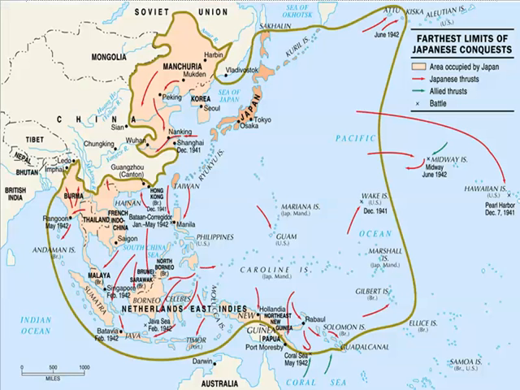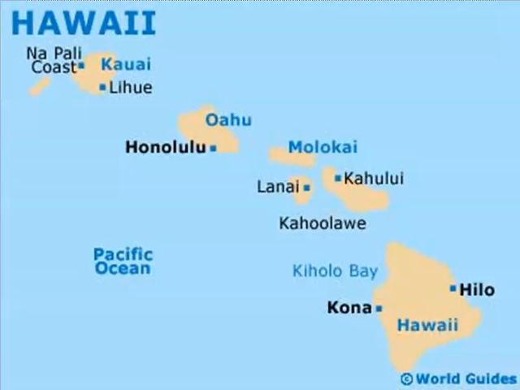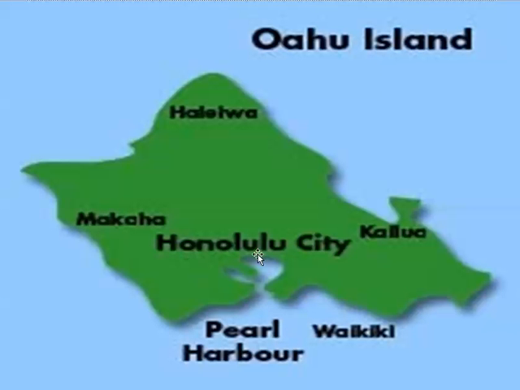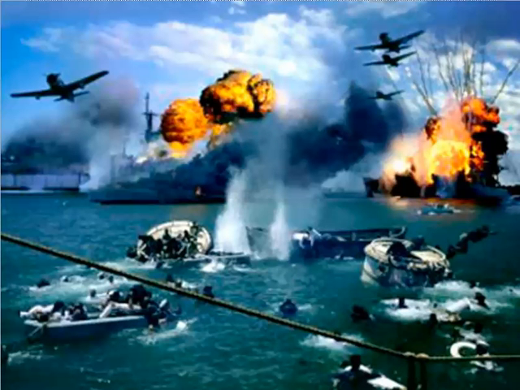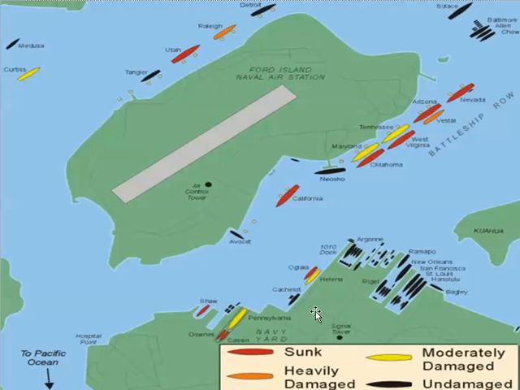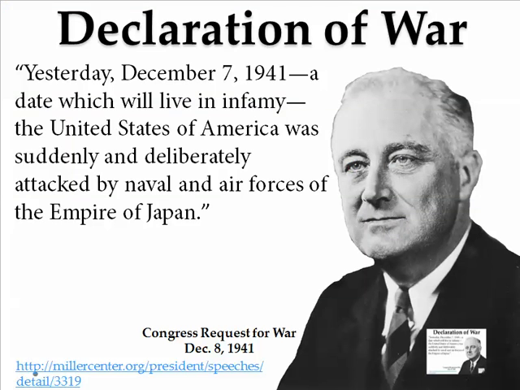But here's the expansion of Japan, and all of a sudden Japan goes beyond that and attacks Hawaii. Here's a different looking map here. We're going to talk about Midway in a few moments. Here's Hawaii. Here's Honolulu, on Oahu Island, and Pearl Harbor is right in here. And it's there where the Japanese do a surprise attack on our Navy vessels that are there, and it's going to destroy and damage the Navy there. And after they do this, on December 7, 1941, President FDR asked for a declaration of war. Let's listen to his request.